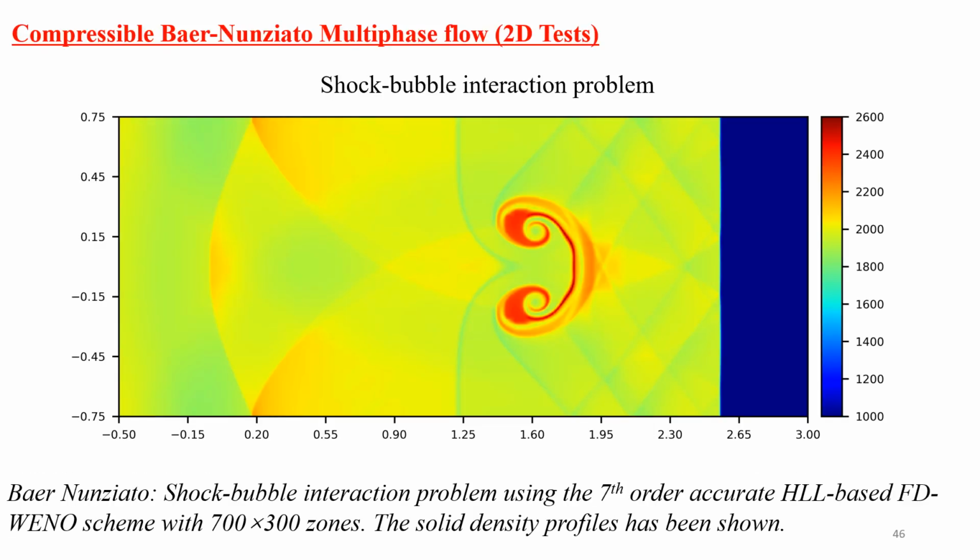This is a problem from compressible Baer-Nunziato multiphase flow, where initially a shock is initialized somewhere out here, and there's a dense blob of solid density. As the shock moves in on this blob of solid density, things actually go ahead and discombobulate, so that at late time you can see that the shock has completely overrun the solid density, and you can see the solid